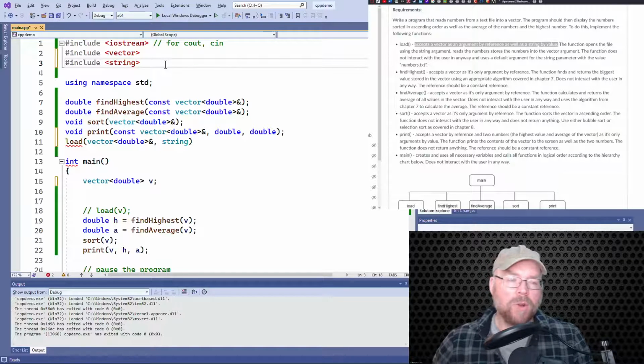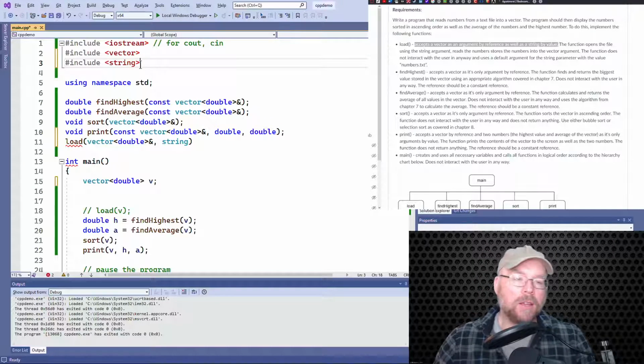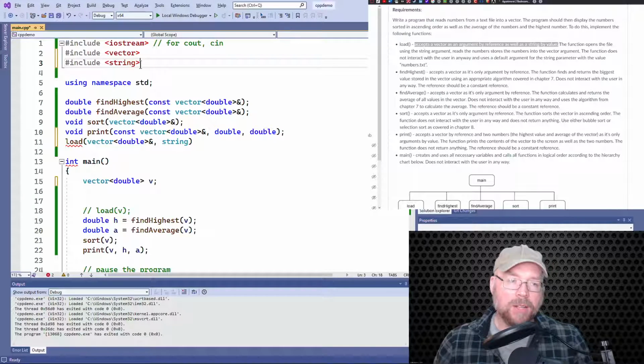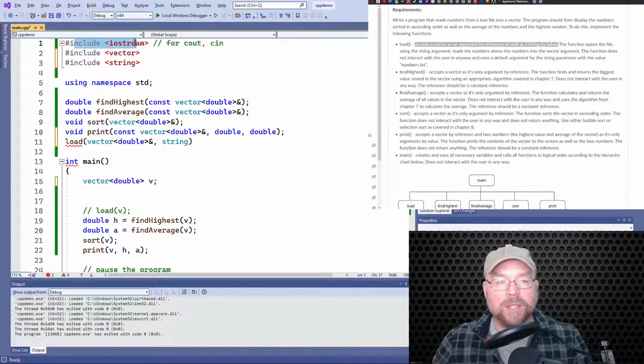So you might be wondering, well, why does the compiler let me get away with it? And why does it matter? Whenever you use something that's not built in, that's not a primitive data type, say, like string is, then you have to pound include string, okay? Because not all compilers will let you get away with that. And the standard calls for you pound including string. Okay, and even if it works now, it might not work in the future because basically what's happening is that pound include string is being included by one of these other header files,